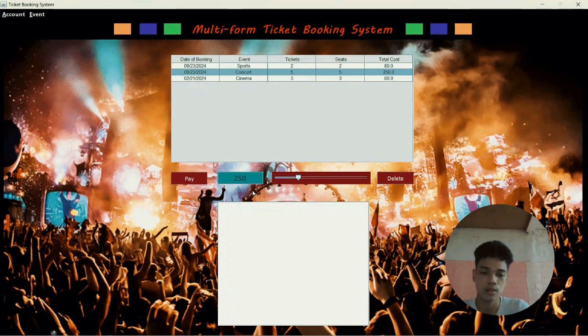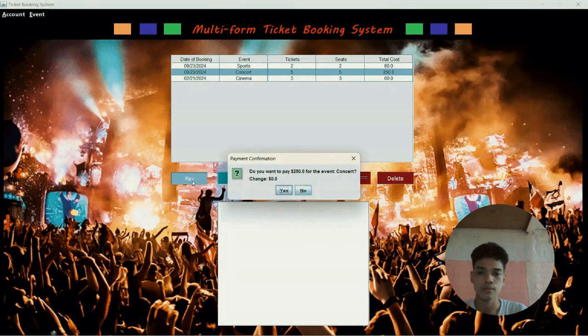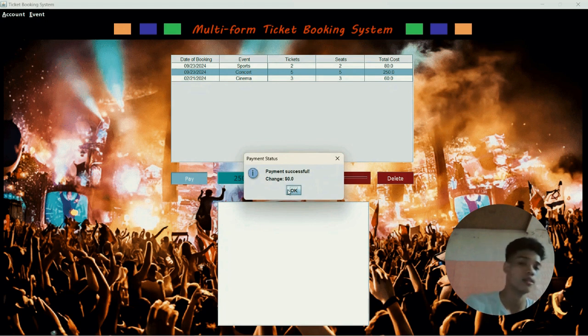50 and pay this one. By clicking this pay, it will show, do you want to pay $250 for the event concert? Yes. We don't have change because it is exactly the amount we give on it.